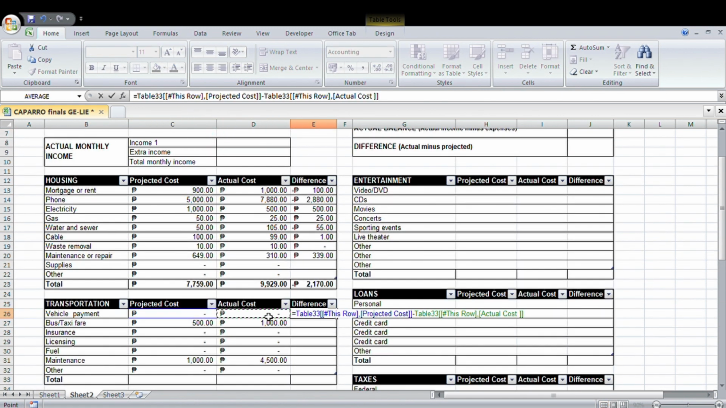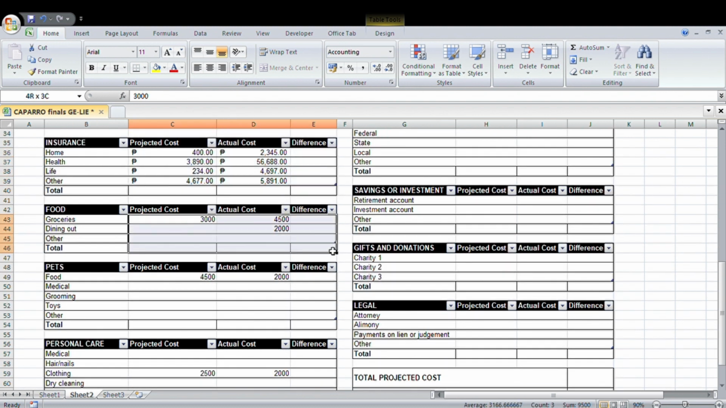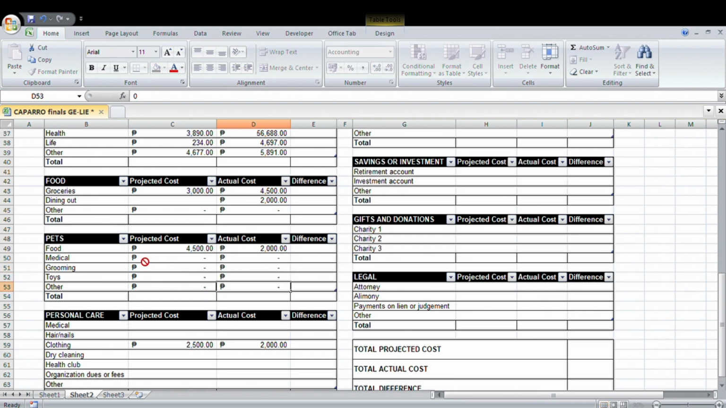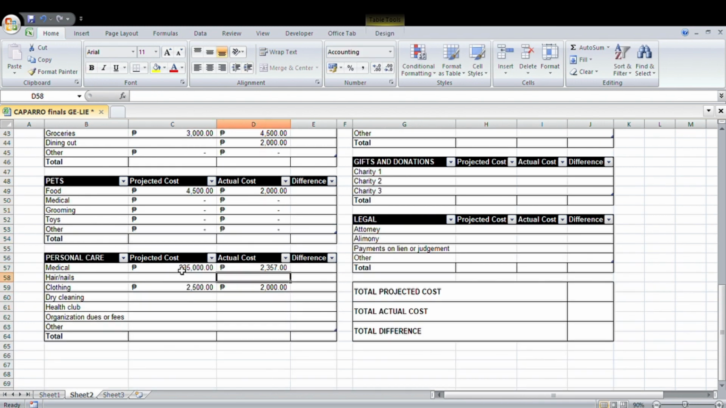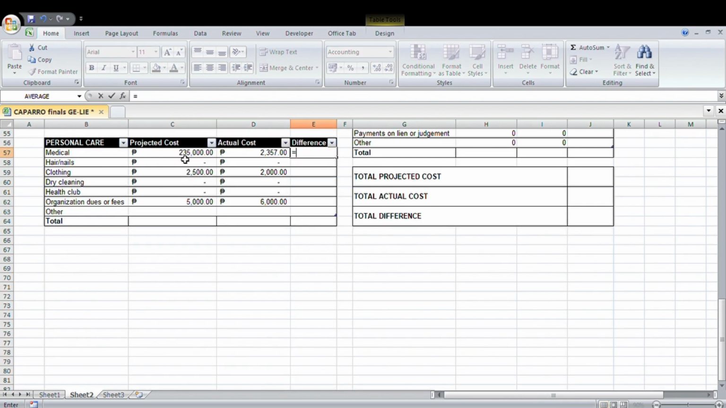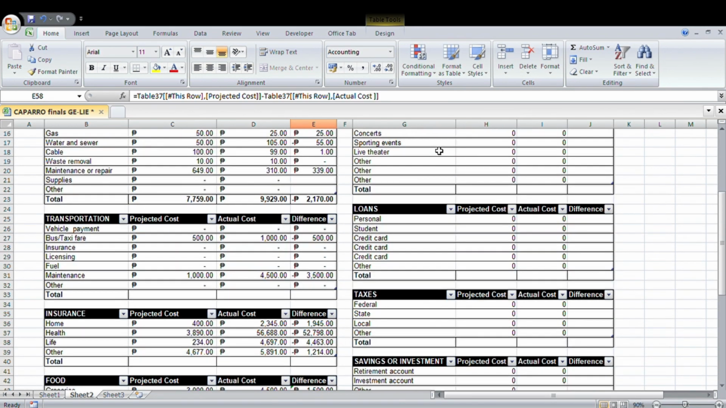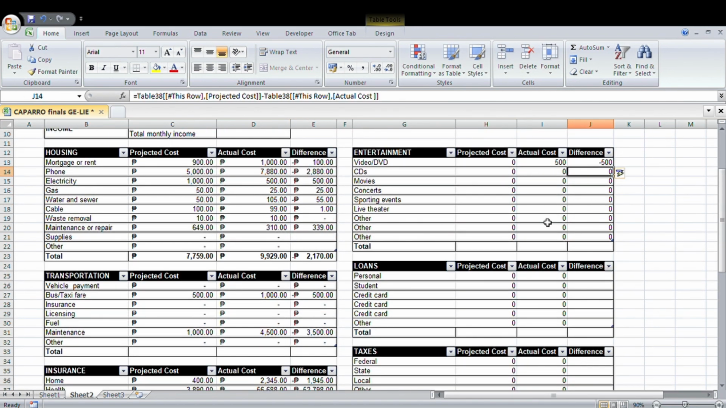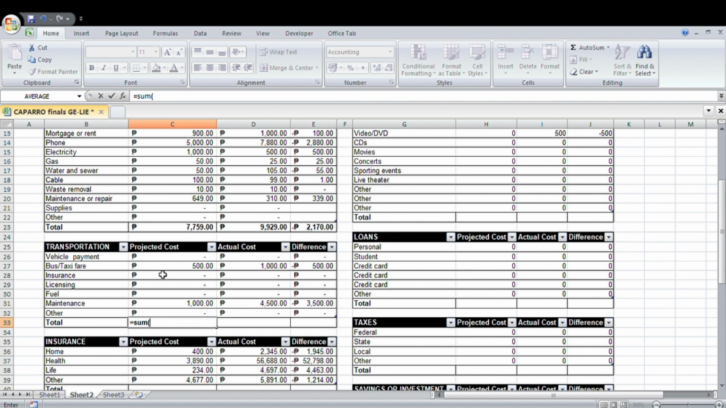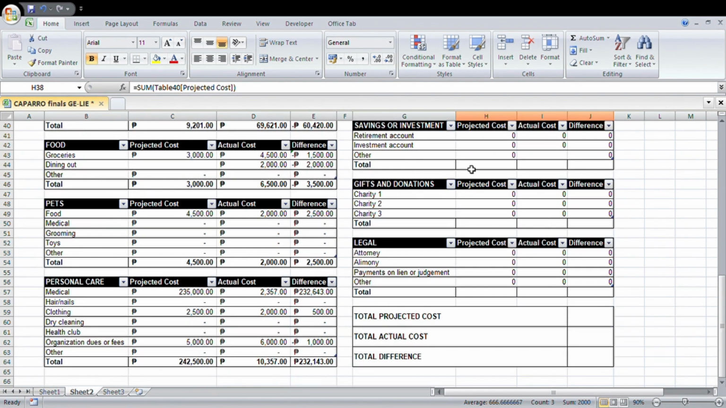For projected cost total, equals sum, parenthesis, highlight all cells under projected cost, parenthesis, and enter. To get the actual cost, equals sum, parenthesis, highlight all cells under actual cost, parenthesis, except total, and press enter. To make it easier, check the bottom right corner of the cell and drag downward or sideways to input the same formula without